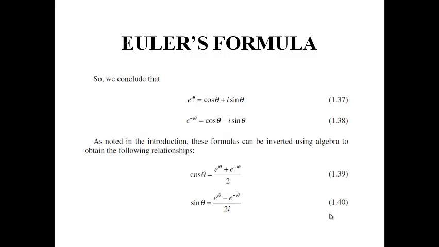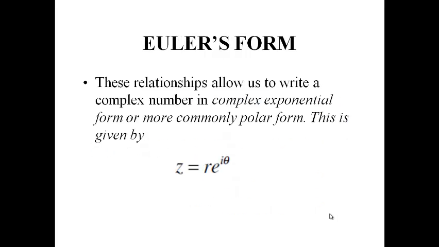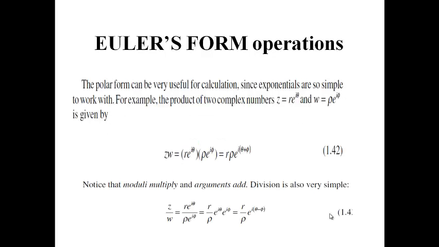So we conclude that e power i theta is cos theta plus i sin theta, and e power minus i theta is cos theta minus i sin theta. Just add and subtract these two. We get cos theta equals e power i theta plus e power minus i theta, divided by 2, and sin theta equals e power i theta minus e power minus i theta, divided by 2i. These relationships allow us to write a complex number in complex exponential form, or more commonly polar form. This is given by z equals r into e power i theta. The polar form can be very useful for calculation, since